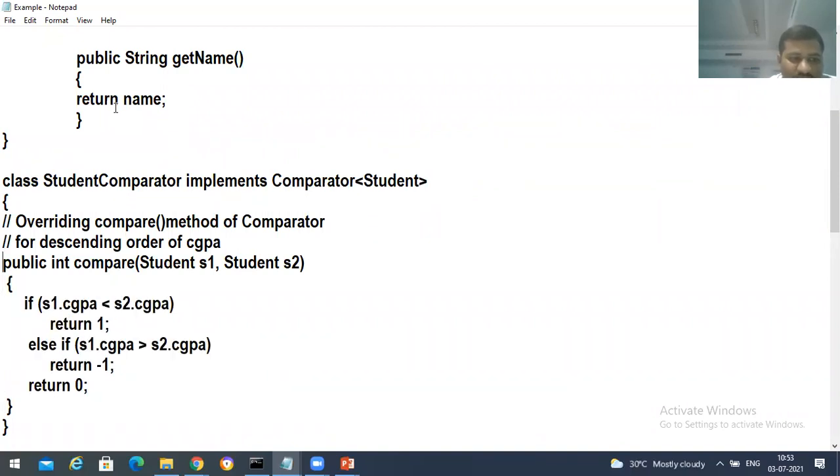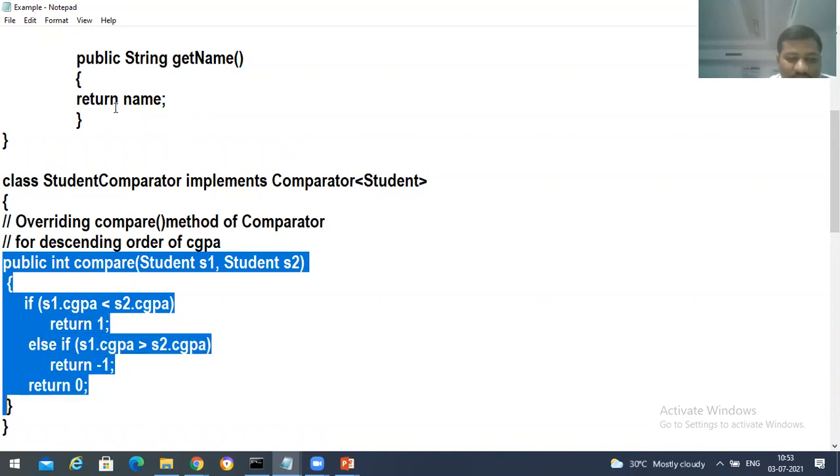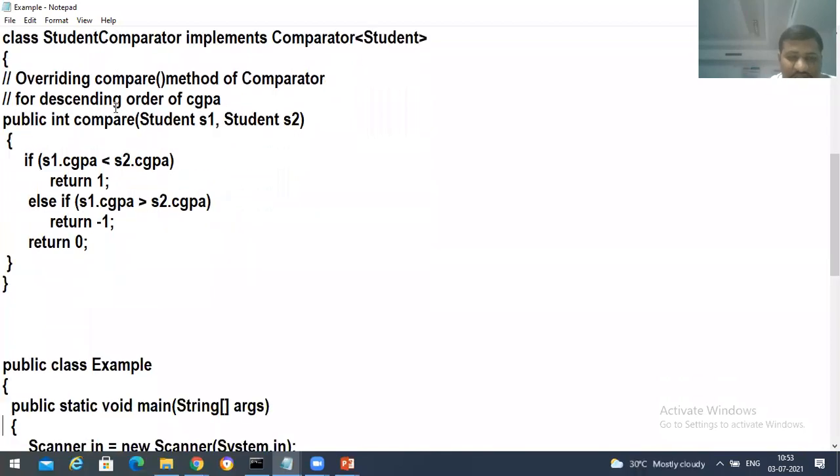Here I'm going to provide implementation for only one method. We are not providing implementation for any other method. But Comparator is an interface. Even if you don't provide implementation for another method, it doesn't generate any error for us, because the equals method might have an implementation provided, like an opening and closing brace. We don't know, but it's not giving any error even though you are not implementing the equals method in a comparator.